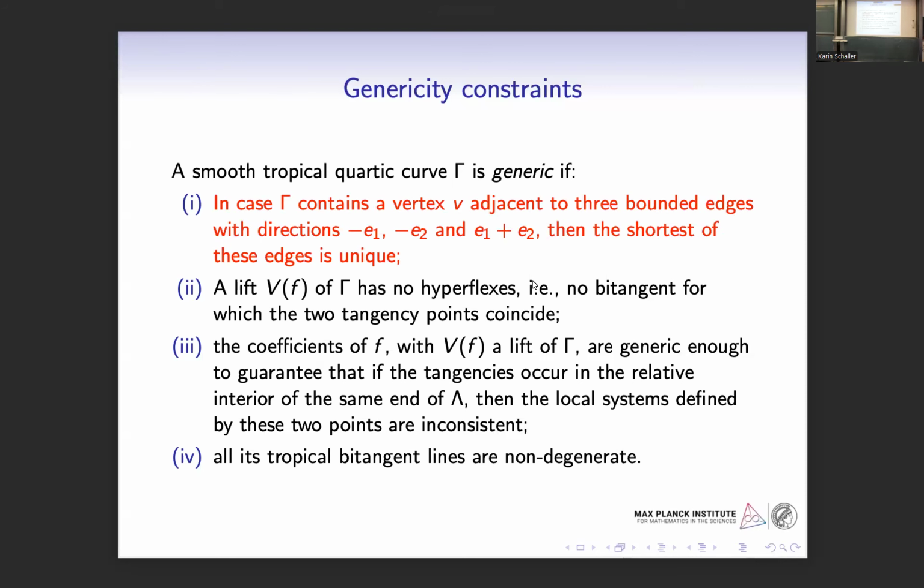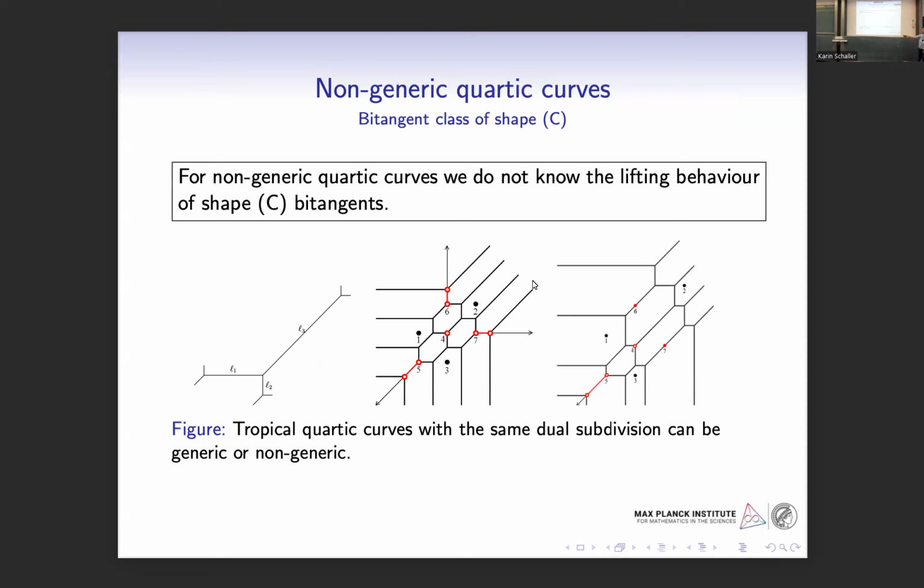This one is an actual condition on my quartic curve, and it can happen that this is not satisfied, right? So here we see the shape that we have to take care of, and for these non-generic quartics, we can't lift a bitangent class of shape C. And this is the bitangent class that appears if we have the vertex at exactly this vertex here. So if my bitangent, my tropical line, I need a different name for this, sits exactly at that one vertex, and we have these 3 bounded edges coming together, and these bounded parts are the same length,